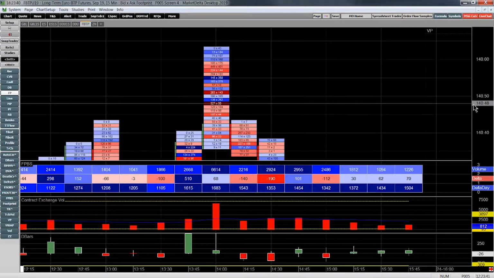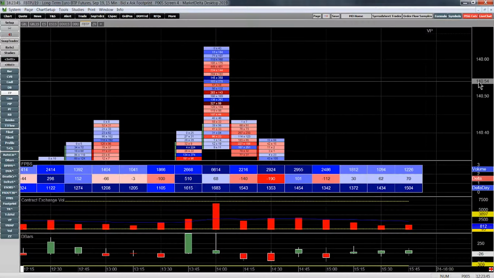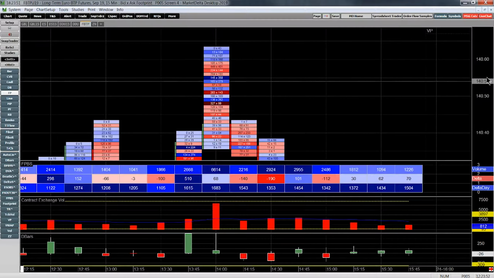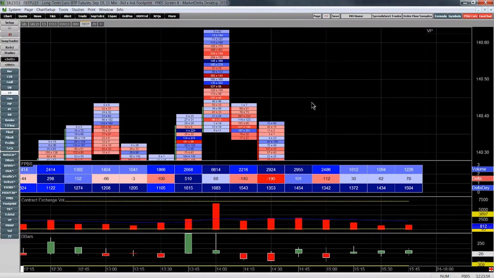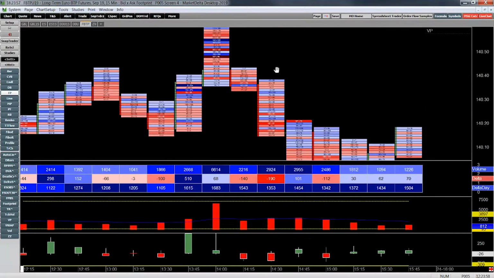Okay, so there was a large time frame participant. He came in, he was offering at 54s, 53s, but equally he was selling into the bid. Okay, so this is the absorption that we're talking about. We have absorption taking place, and then eventually that seller starts to auction lower. Okay, so we can see it's a seller.